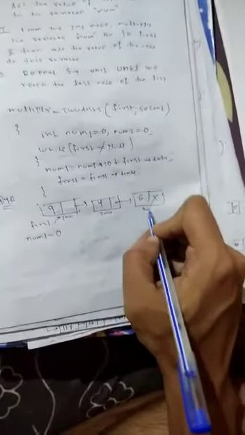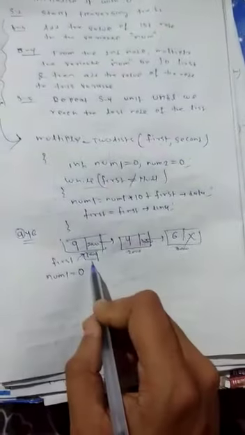I am taking norm1 equal to 0. Suppose first is pointing to that node. Then I am checking first. Suppose this is address 1000, this is address 2000 and this is address 3000. So first will store that. Then the condition is first not equal to null. Here first stores the address.